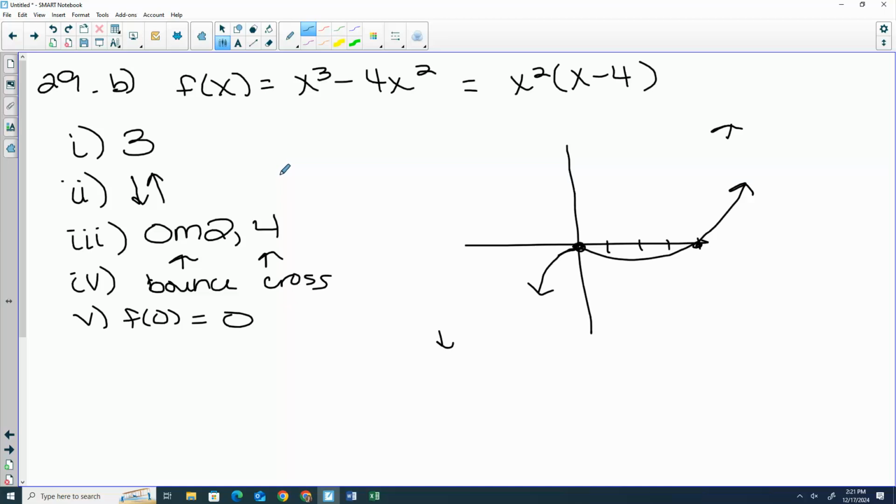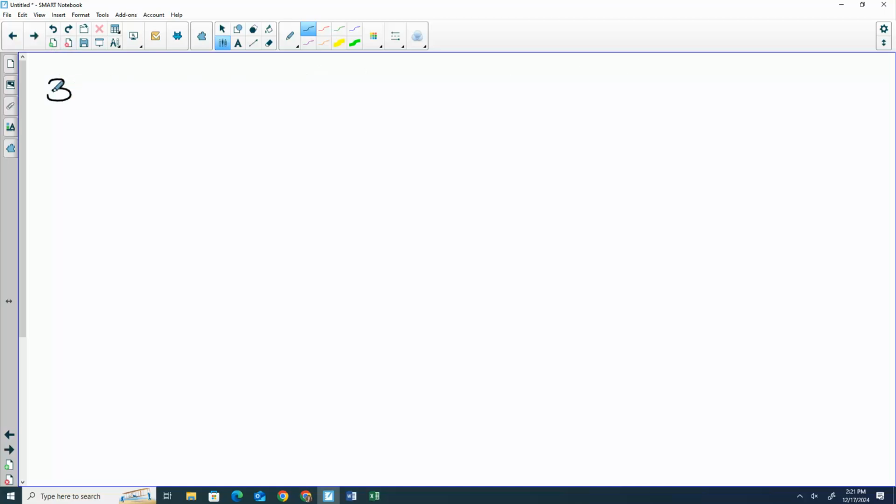Is that one okay? So 31, we have 1 over 25, to the 2x plus 1, equals 125 to the x minus 4. The easiest way to solve exponential problems is if we can get a common base. What would my common base be? 5. So 1 over 25 would be 5 to the,